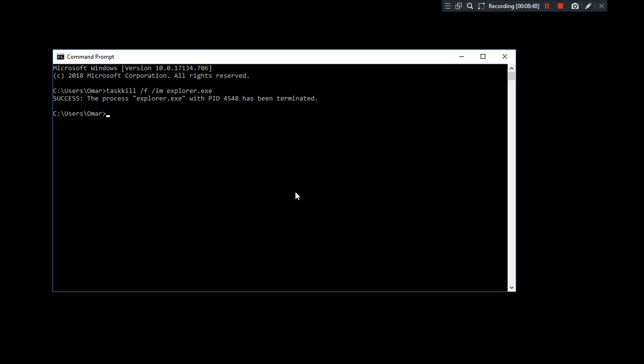That's what you're going to see. So whenever you restart your computer, the same thing will happen again, and no matter how much you keep typing start explorer.exe, if you manage to open the CMD, it's not going to open, because there is another CMD window running in the background that's constantly taskkilling the explorer.exe. So whenever this process opens, it's going to be instantly killed. In addition to the lag that the normal PIBBV Ultimate makes, the computer will be very slow, very laggy, and the screen will be black. If you're on Windows 8, it's not going to be black, it's going to be some other color, depending on what color you chose for your Windows.